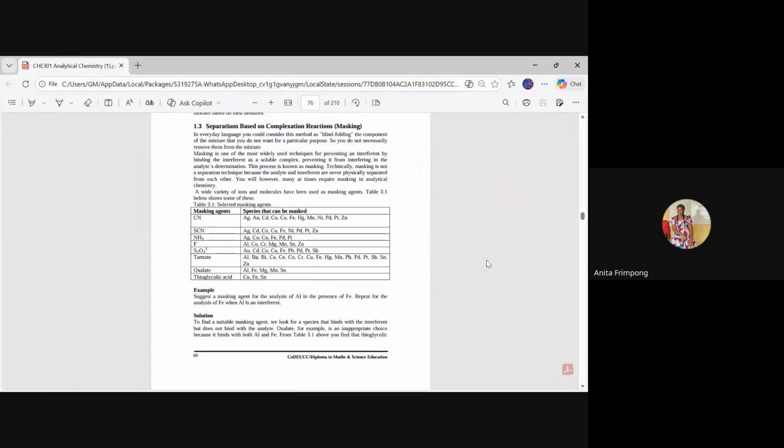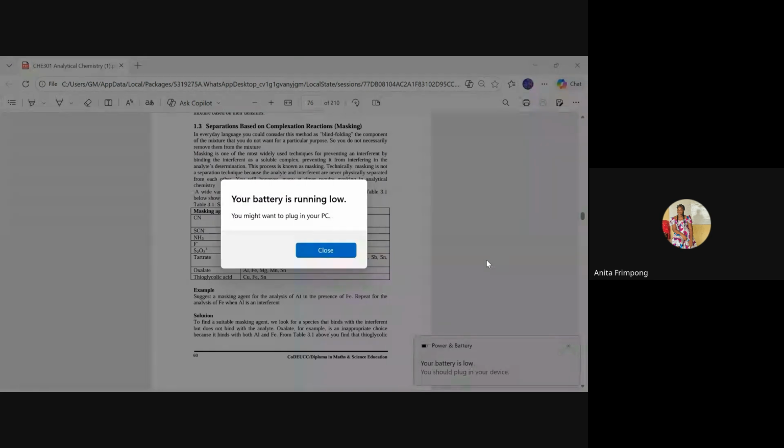preventing interference by blinding the interference, preventing it from affecting the determination. This process is known as masking. Technically, masking is not a separation technique because the analyte and interference are never